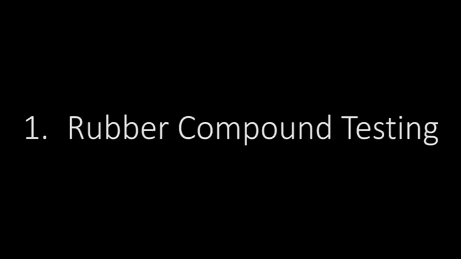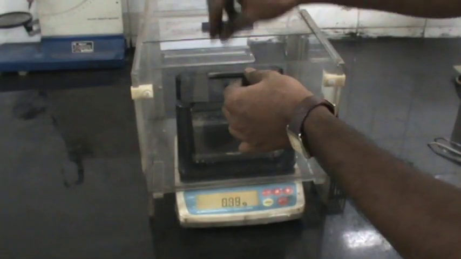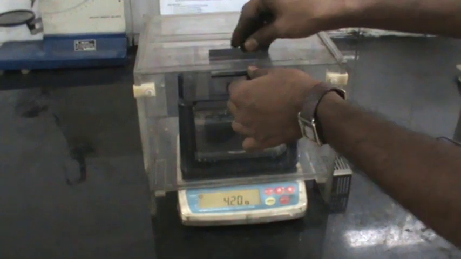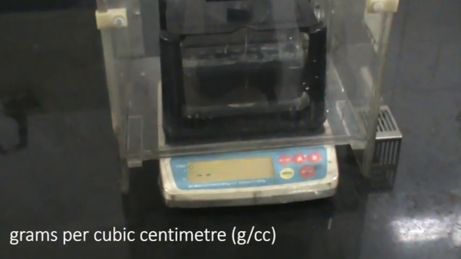1. Rubber compound testing. A. Specific gravity. The specific gravity of a rubber compound refers to its density. This is a measure of the mass of the rubber divided by its volume. The units therefore are typically quoted as grams per cubic centimetre,